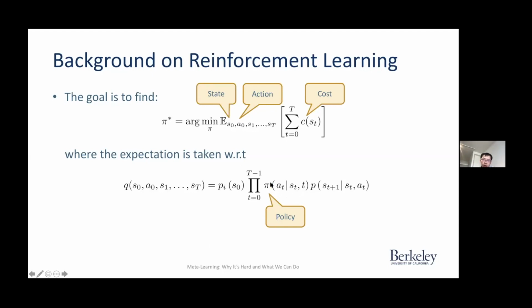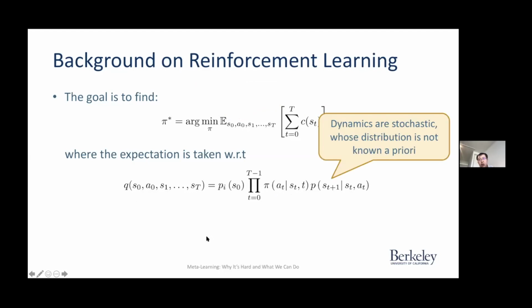In general, it could be deterministic or stochastic. Now if you take the expectation with respect to this distribution and think about the cost that you can accumulate, at different time steps, depending on the states that you get to, this cost function is going to assign some score to the different states that you want to get to. So intuitively, the goal is to find a policy such that you get to the good states.